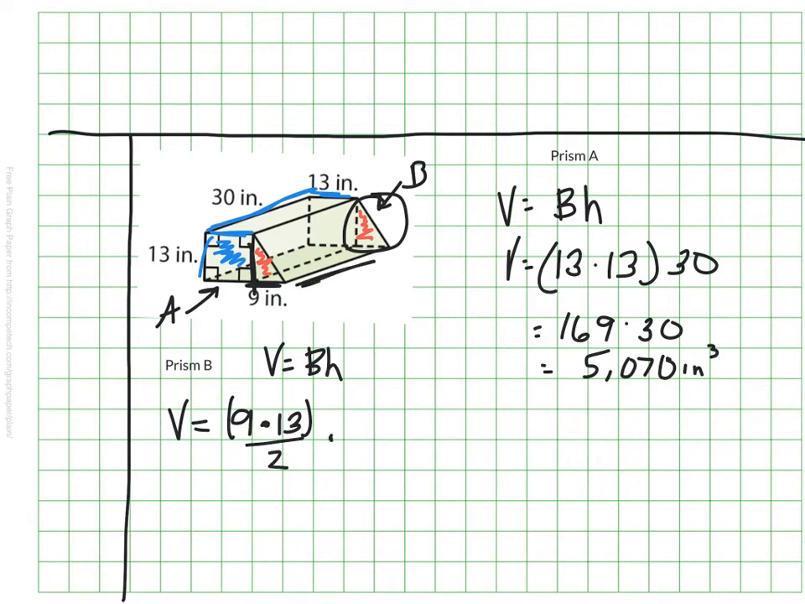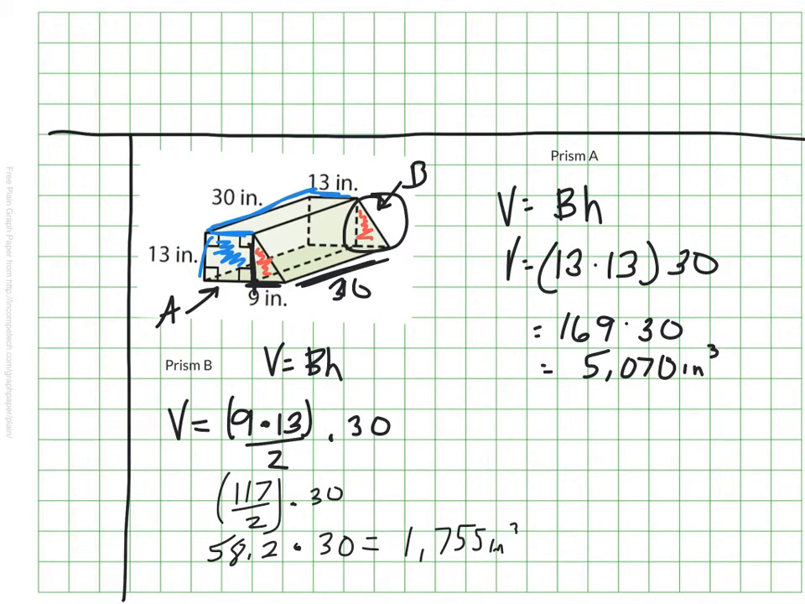And then the height here is still 30. So that's going to be my height here as well. So I'm just going to punch those in and calculate that out. And in doing so, I find that the area of just the triangle is 58 and 2/10. And then I have to multiply that by all the 30 layers. So the volume of that section is